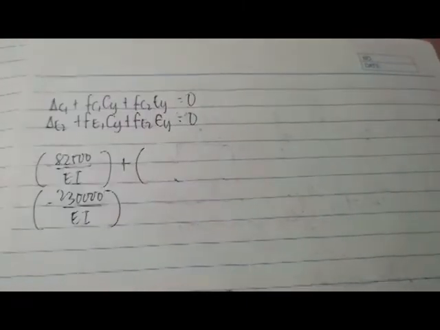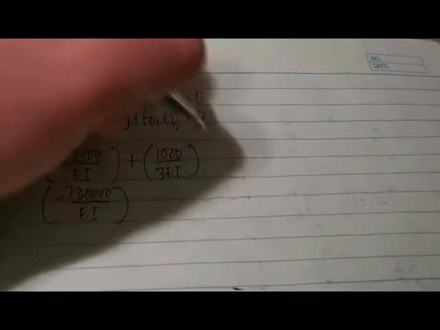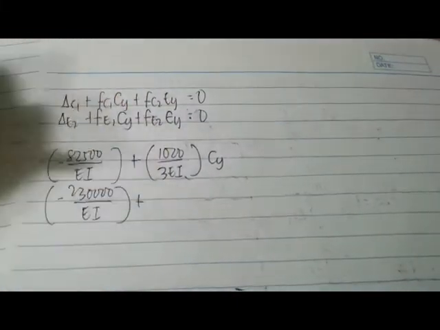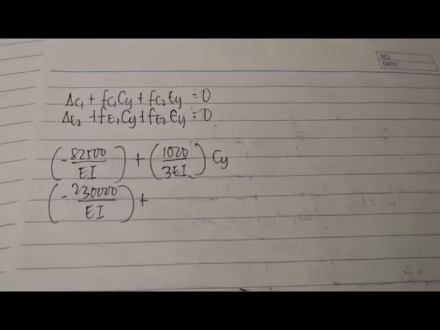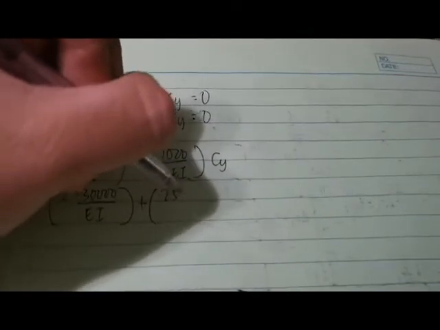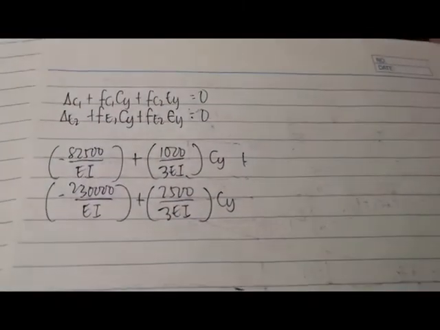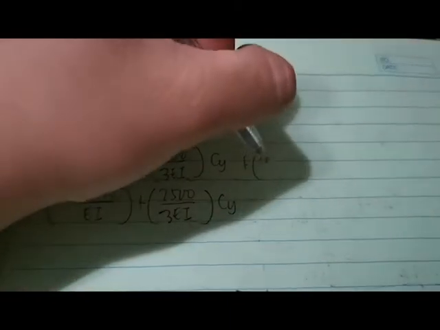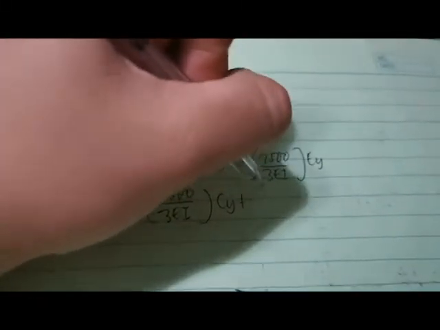No, so plus, no, FC1 now is equal to 1,000 over 3EI multiplied by CY, no, plus your FE1 naman, no, is equal to 2,500 over 3EI multiplied by CY plus, no, 2,500 over 3EI multiplied by EY, no, then this is plus 8,000 over 3EI, no, multiplied by EY is equal